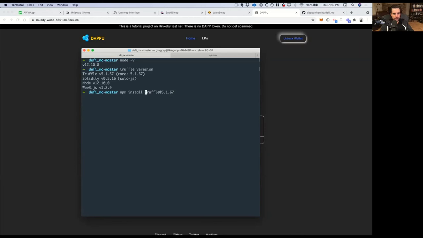If you want to, do install -g. Okay. So I've already done this. I'm not going to do it, but that's how you install it if you don't have it already. And then once you got that, you've got all the dependencies that you need to get that set up